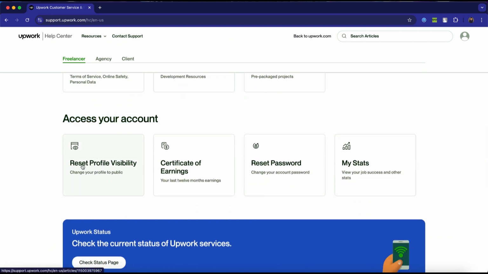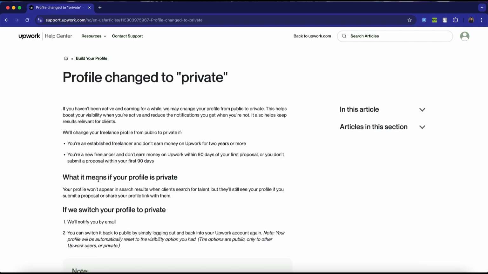Here, you'll find Reset Profile Visibility. This option allows you to change your profile back to public. Just click on it. Right now, my account is public, so this won't be an issue for me. However, if you click on this option and your account is set to private, you will receive a message like